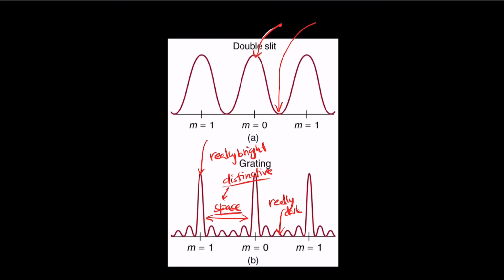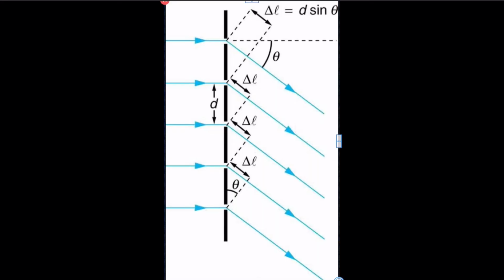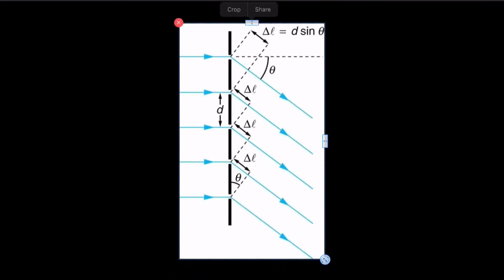So what is happening when you pass light through multiple slits? Let's take a look at how it looks. This is a diagram that shows what happens when light passes through multiple slits. Notice that all the light passing through the multiple slits ends up diffracting, and this diffraction causes it to bend, and that bending can create colors. Notice that it's still constructive interference, which means the same equations are still valid.